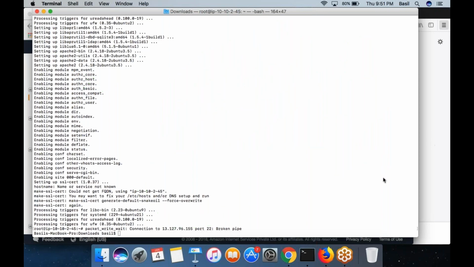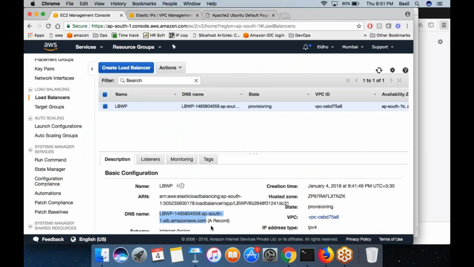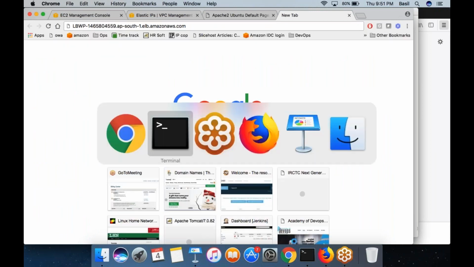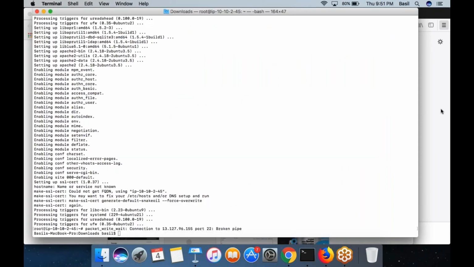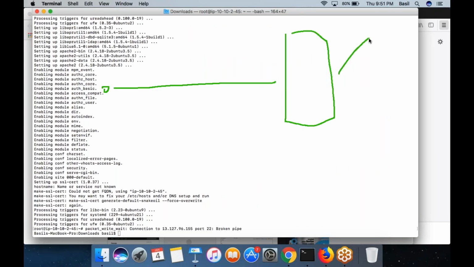In my case, I don't have a website name. What I would do is use this particular name for testing. I can browse for this name in my browser. Then automatically, what will happen? My browser in my Mac will try to connect to the load balancer, which is in Mumbai. Behind the load balancer, I have already added two machines. One is my private machine, one is my public machine. In my public machine, I have already set up Apache. So only this machine is healthy,